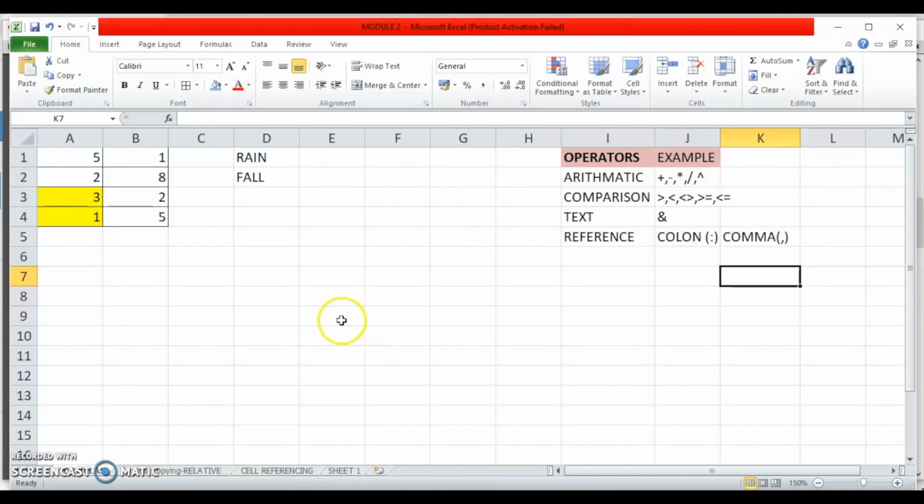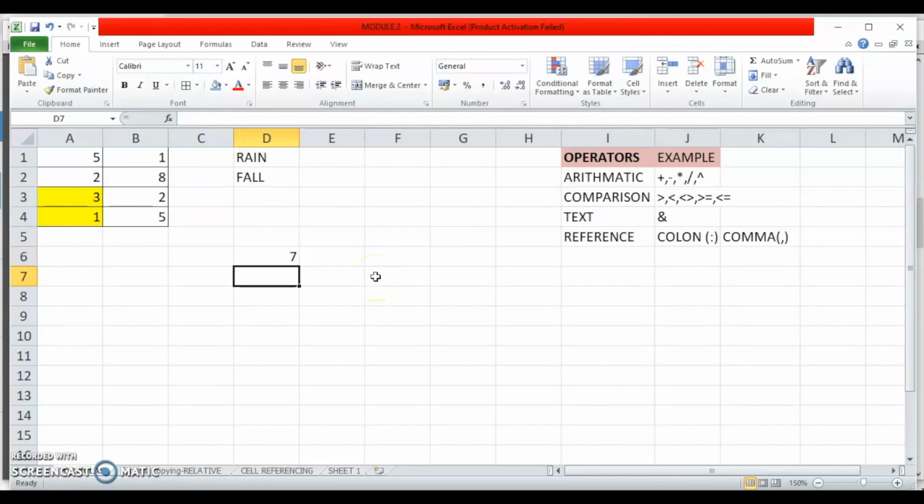Now in this Excel sheet I have some data. Let me first see what type of operators are there. We'll start with the simple addition arithmetic operator. So I type equal to 5 plus 2 and press the enter key to see the result. You can see that 7 is appearing in the cell where I had entered the formula. So the result is being displayed in the cell, but just look at the formula bar. It is showing me the formula that I had entered.